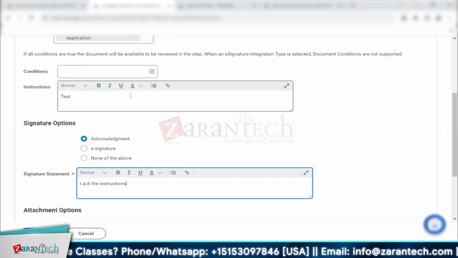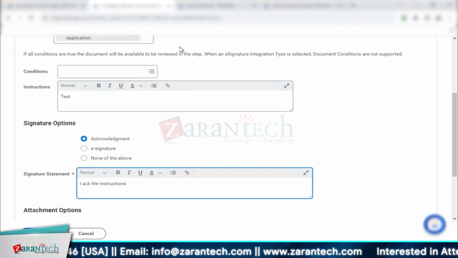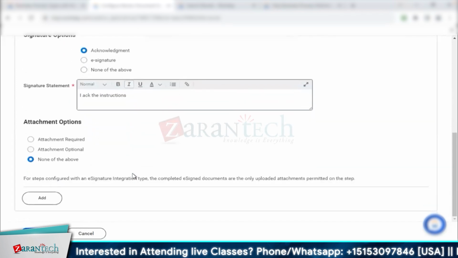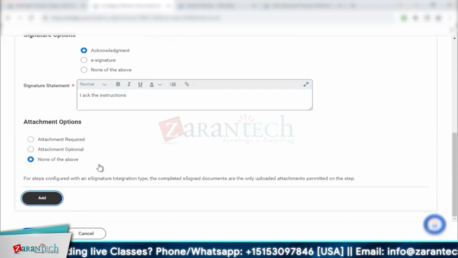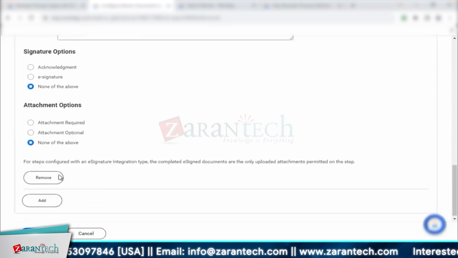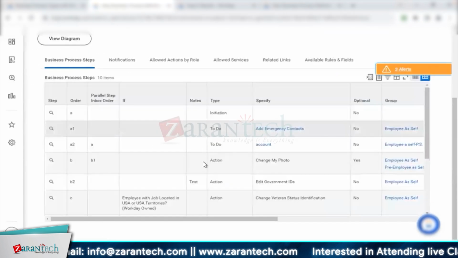If you just want them to read the application, read the policy or read the document and you don't want any signature, you can select this option. Okay. And you can add multiple documents just by clicking on the add button. Likewise, you can add multiple documents in one step only. So now